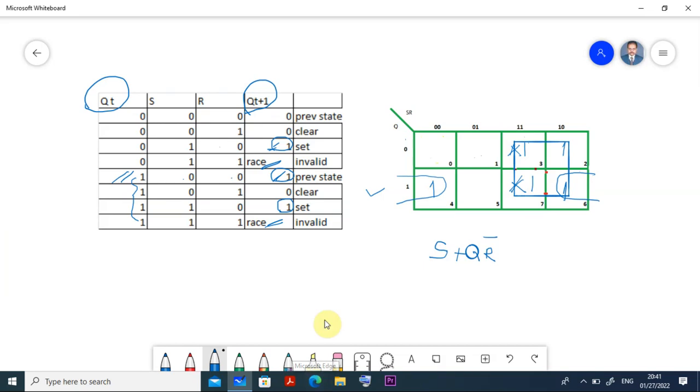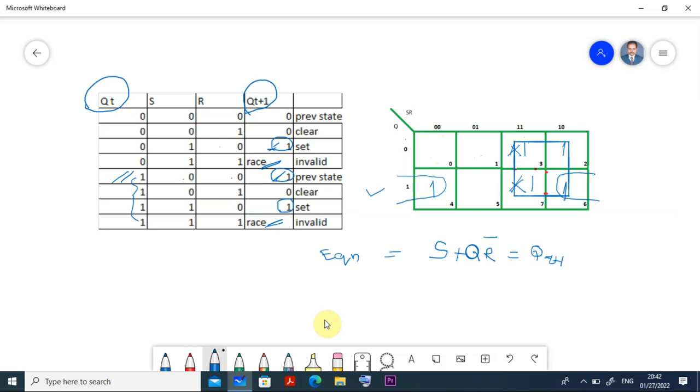You got it now? So this became the equation. This is the equation for that one. You got it now? So in this way, we can. Then what is this equation? What are you getting? So this is your Q t plus 1, which is equal to Q t plus 1. That means whatever Q I am providing here, from this I am able to derive the equation. Okay, let us now try.